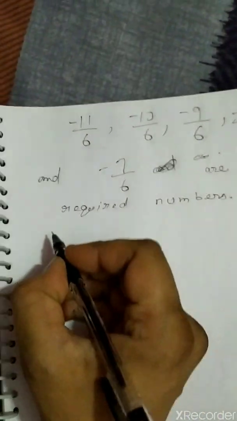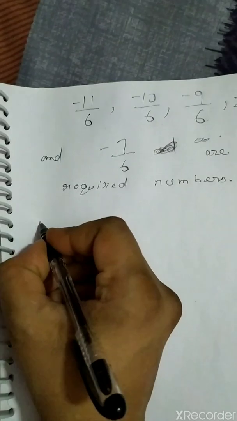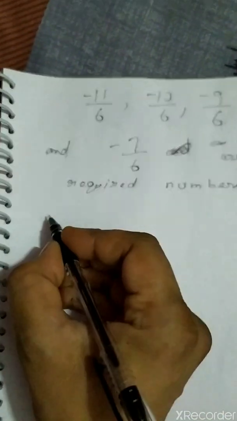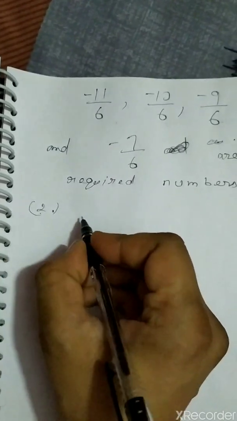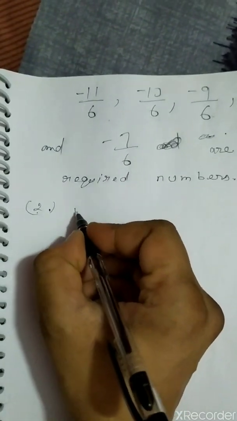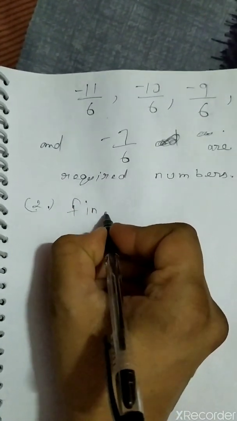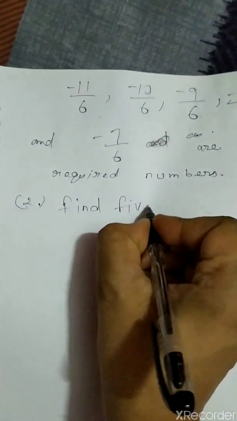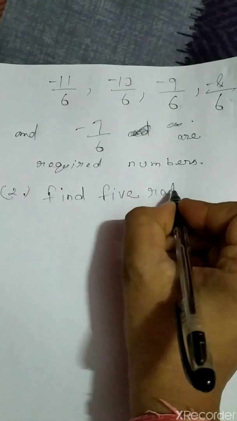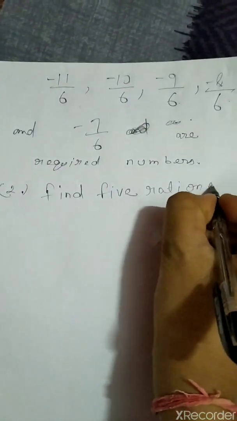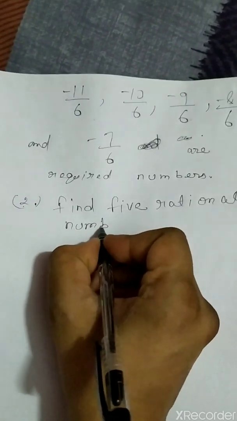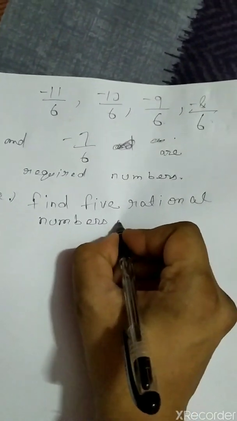Okay, now one more question I'm giving, finding multiple rational numbers between two rational numbers. So this is the topic that I'm giving. Find 5 rational numbers between